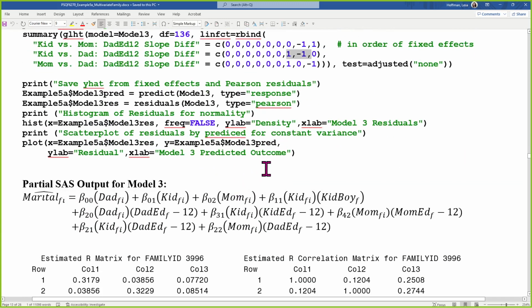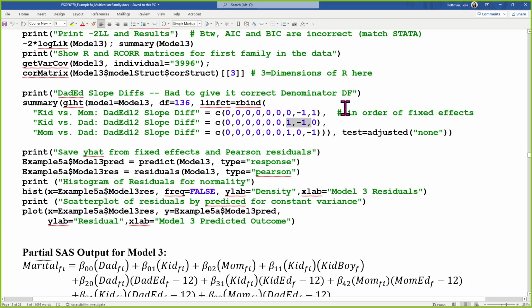Lisa? Yeah. In that case, when you have the zeros and ones there, if we would like to see what is the effect of that at 12, for example, in kids, do we have to use only one? Like just what it is? If I just want to know what is the effect on the kid, exactly, then yeah, it would just be 1, 1. Okay. Yep. The minus 1, 1 is used to create a difference in the difference slopes.